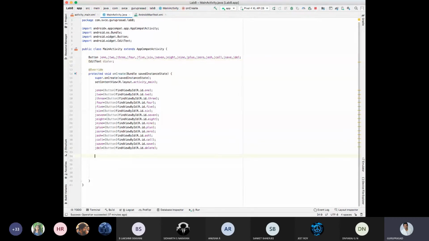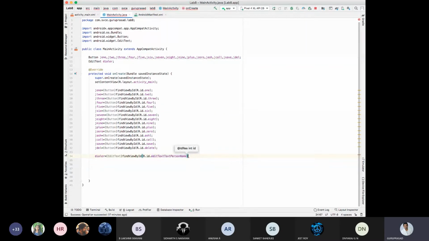My Java dialer is equal to, there is an edit text in my XML, findViewById. What is the ID of the edit text? Edit text person name. Correct? Is that fine?